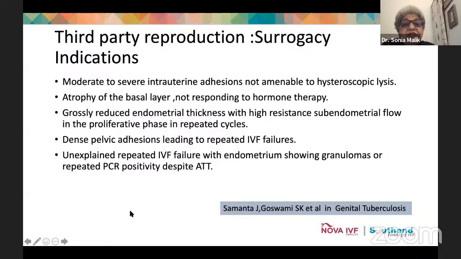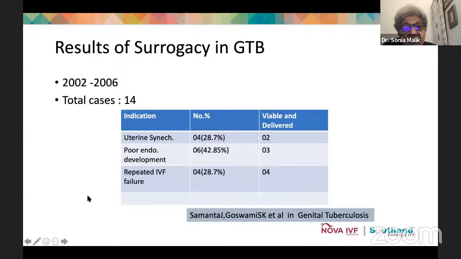So what about patients who have a very bad endometrium which does not respond to anything? So basically they are offered third-party reproduction, and we also know the indications of surrogacy: moderate to severe intrauterine adhesions, atrophy of the basal layer, grossly reduced endometrial thickness, dense pelvic adhesions, and unexplained repeated IVF failures with endometrium showing granulomas, etc. So these are some of the indications, and this paper was published in the book Genital Tuberculosis,